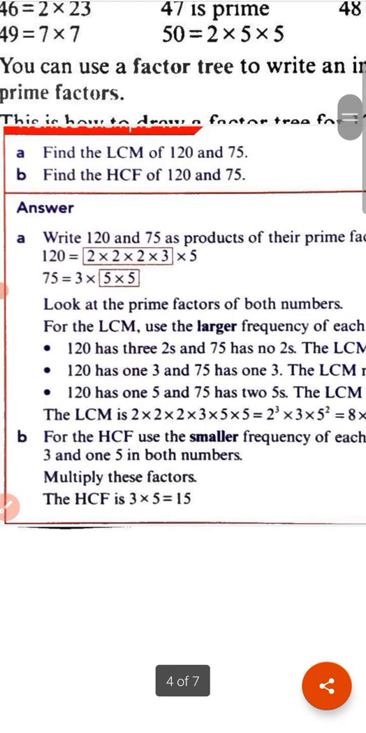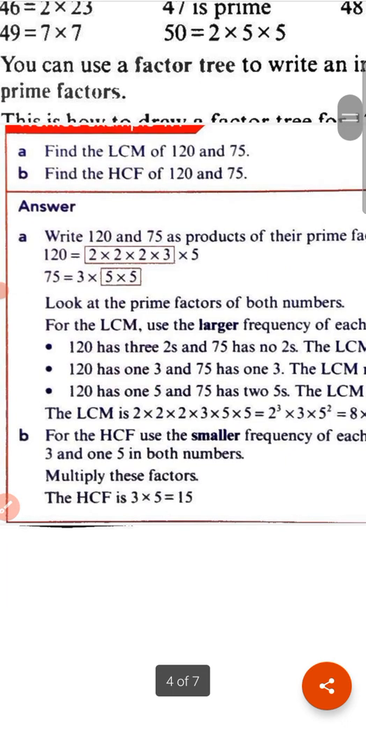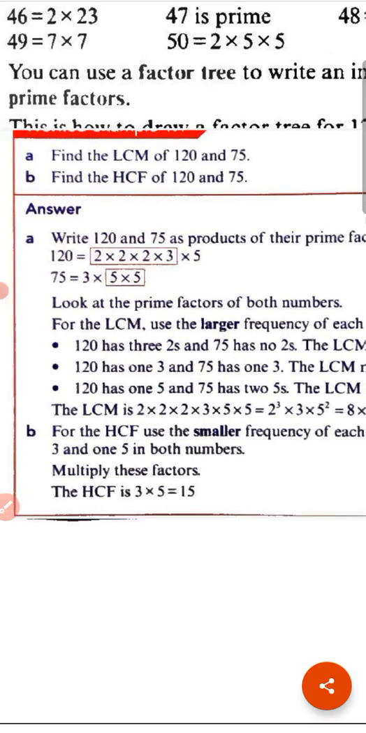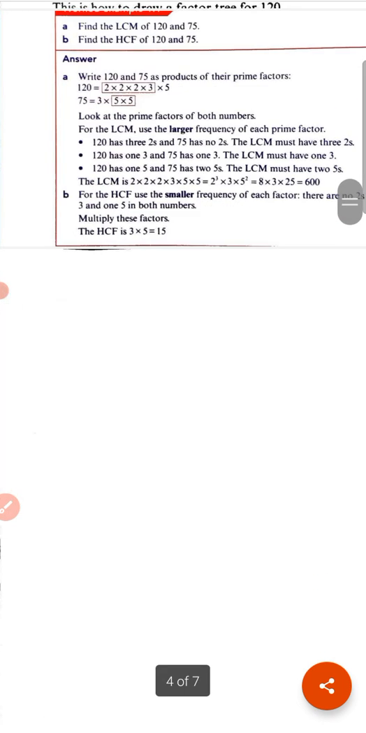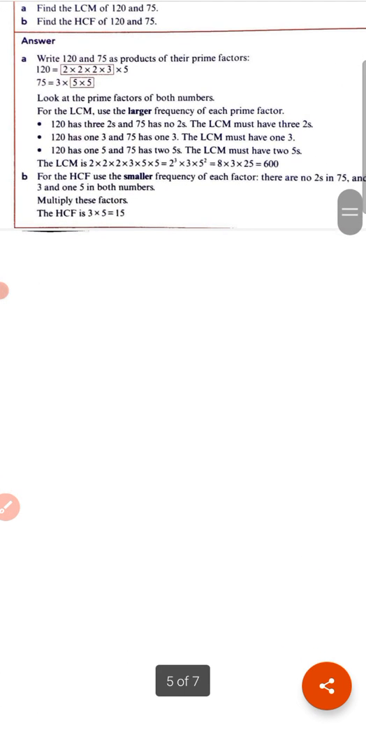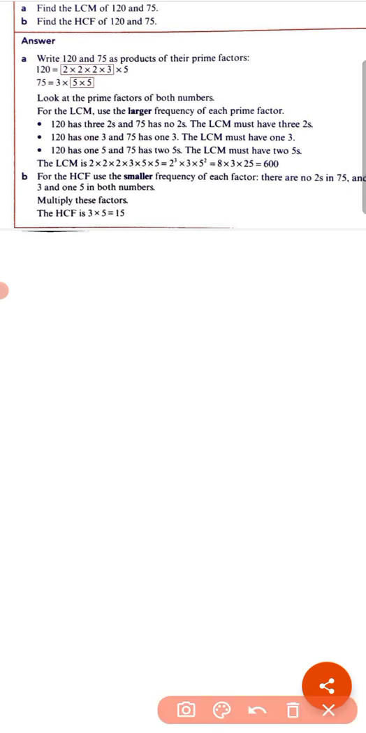Now we are going to find the LCM and HCF of 120 and 75. Children, we can use a factor tree to find the prime factors of both numbers. Prime factors. For 120